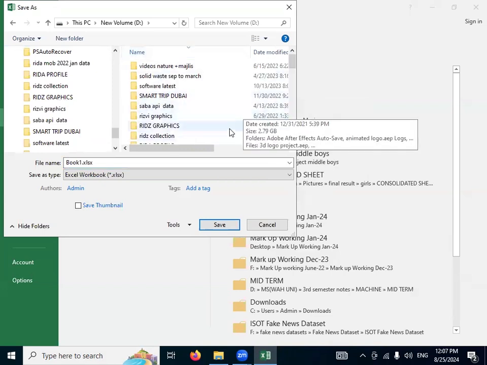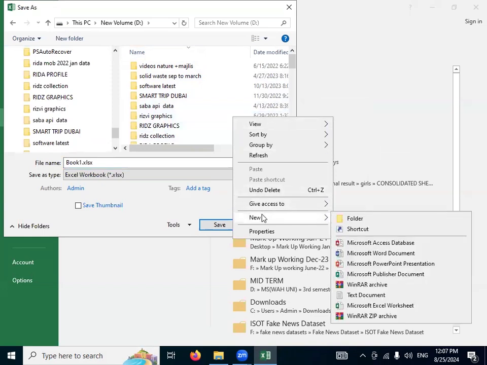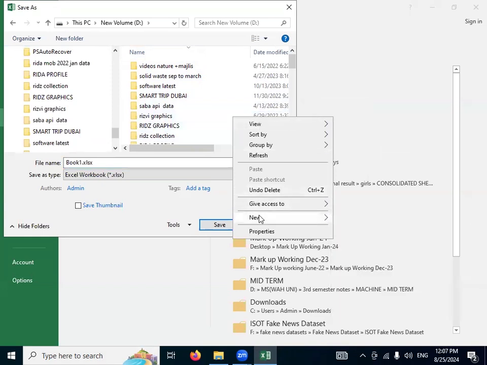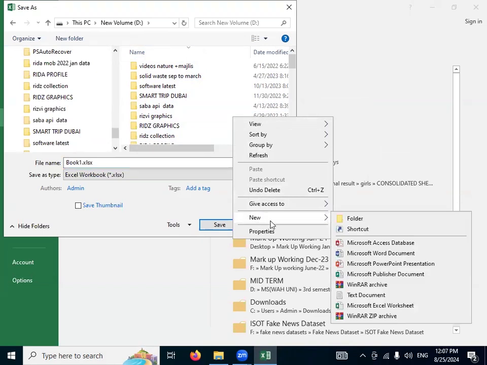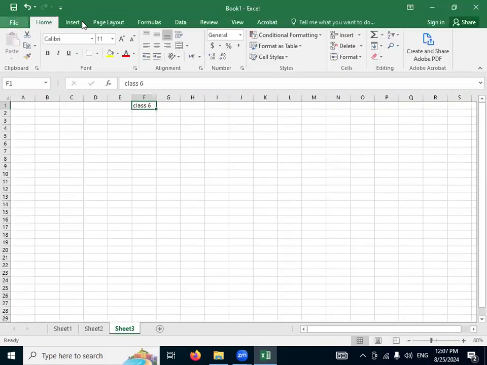यहाँ पर ये मेरी जो प्लान स्पेस है, यहाँ कहीं पर भी मैं राइट क्लिक करूंगी तो it will display a drop down menu. From this drop down menu, I will select new, and from new, I will select the folder. Once again, I'm gonna let you know how you have to save.